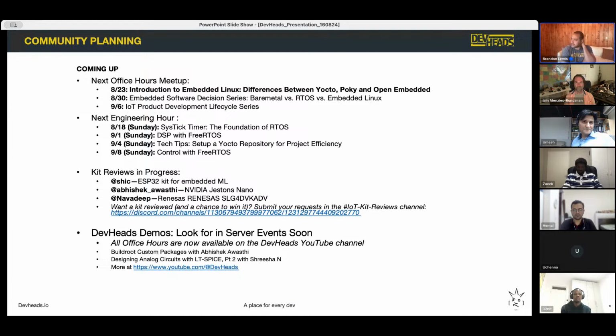This is a session where I'm picking some applications and use cases, and I'm going to throw them up to the panel and see what they think you should use in a given situation. Now, after this, I had the start of a product development lifecycle series, but because we split this RTOS section, I'll talk to Zach and the rest of the guys and see if it makes sense to get the rest of this session slid in there on the 6th before we proceed with a new series.